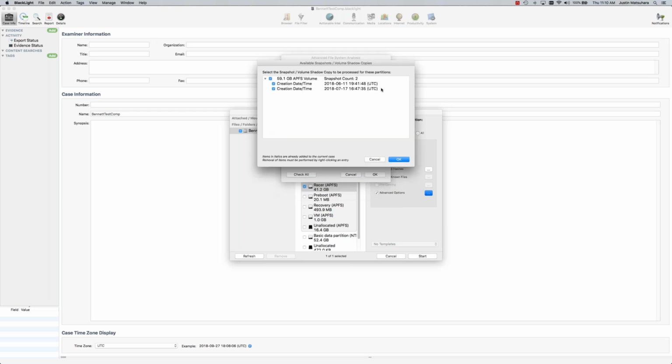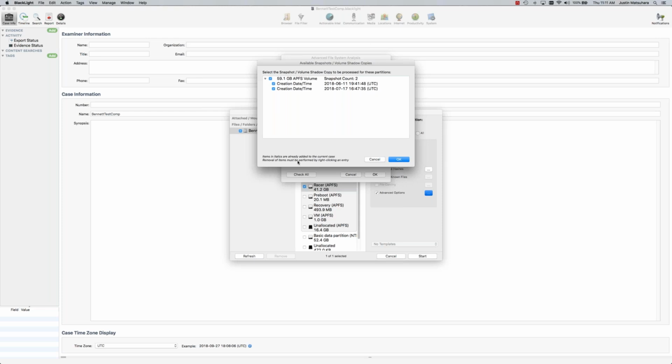By selecting the 3 dots here, you will see that you have 2 snapshots within this particular image. Notice the dates and times. One's about a month in difference, right? So what I mentioned about snapshots being held on the system for approximately 24 hours. In this particular case, for some varying reason, we have snapshots that are roughly a month apart, okay? Now you have the option here to